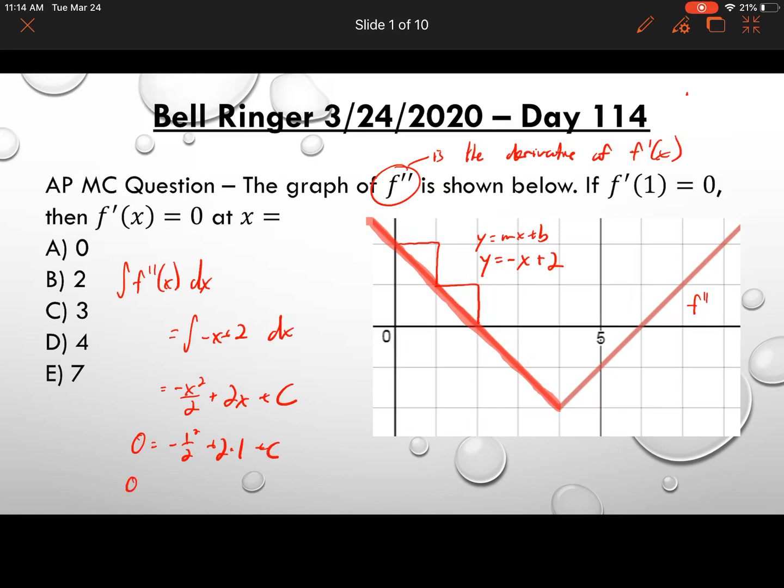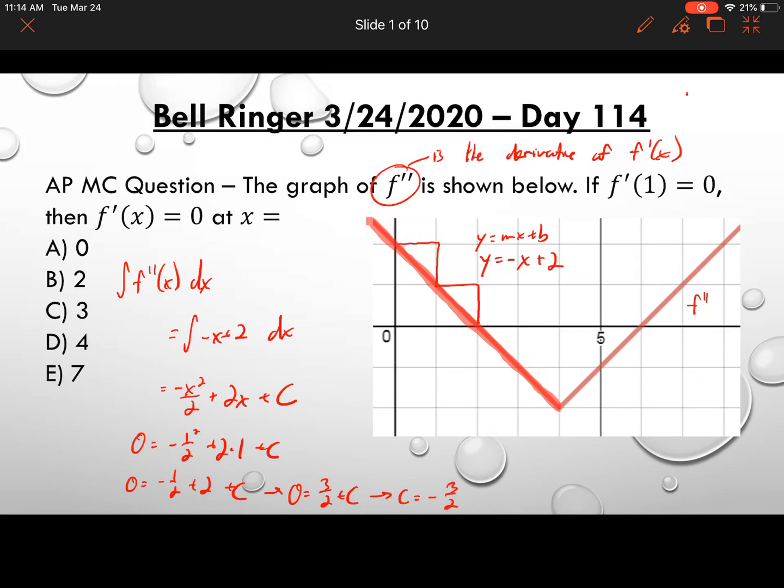So let's see what we get. We get 0 is equal to negative 1 half plus 2 plus c, which would give us, let's see, negative 1 half plus 2 is 3 halves. So 0 is equal to 3 halves plus c. So it looks like c is equal to